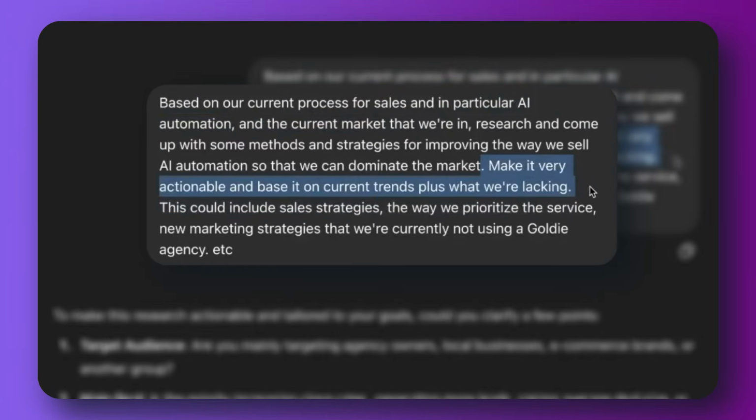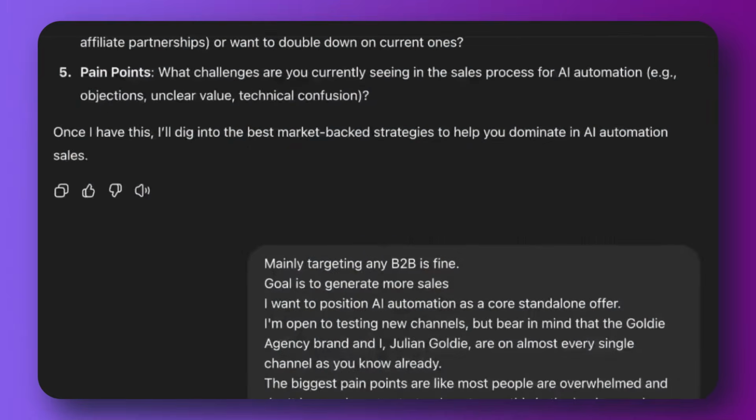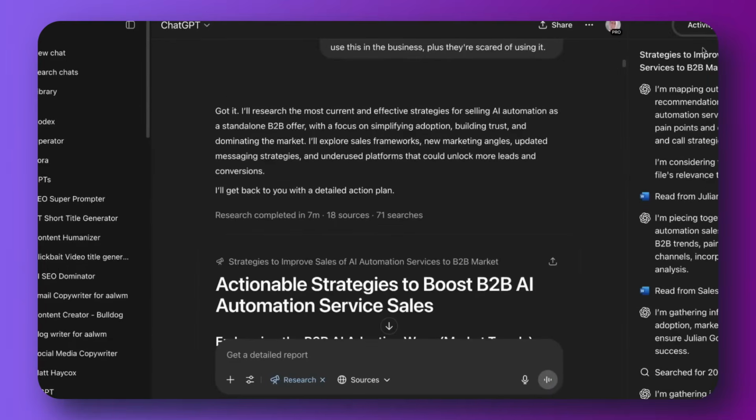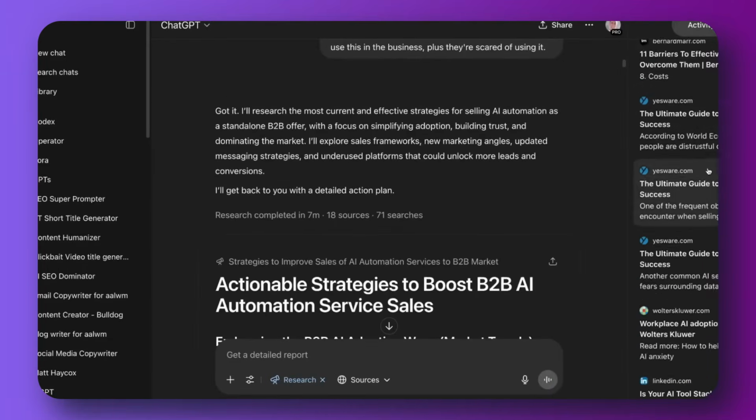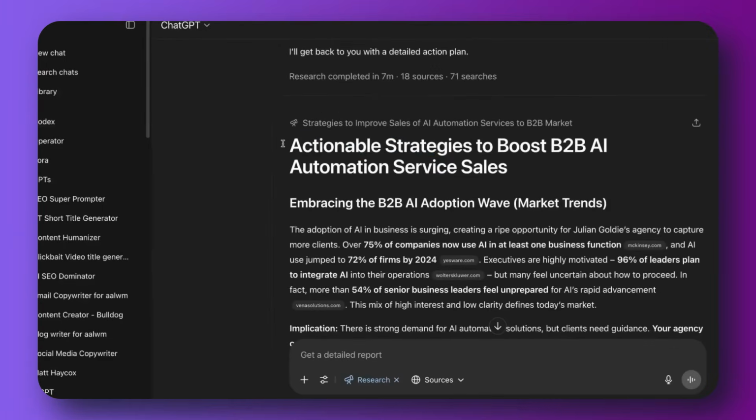Make it very actionable and based on current trends, and do some research on how we can improve. And then ask some questions, and then we do the deep research inside the project so that we can leverage the sources inside the project, aka the SOPs, and also all the other sources on the web, right? So you can see here it's used all these other sources on the web. It breaks down what it's learned, and then it gives us some actionable strategies to boost B2B AI automation service